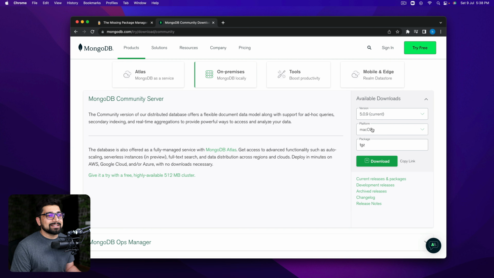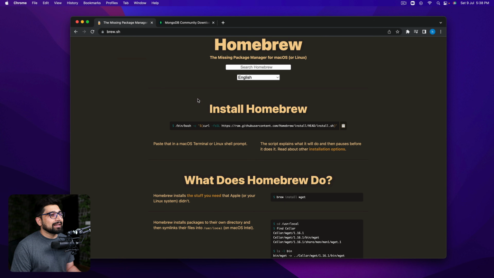In Mac, it's a little difficult. It gives you a tar gzip file, a little bit difficult to manage on its own. So we won't be using this path of installation. This is not ideal. So we'll be going back and we'll be installing it